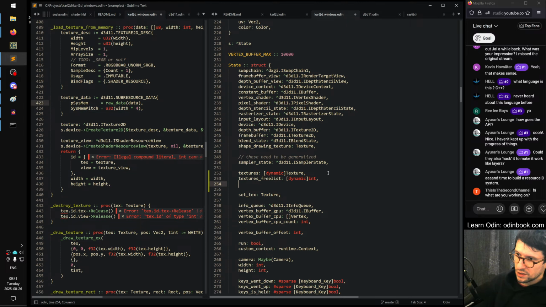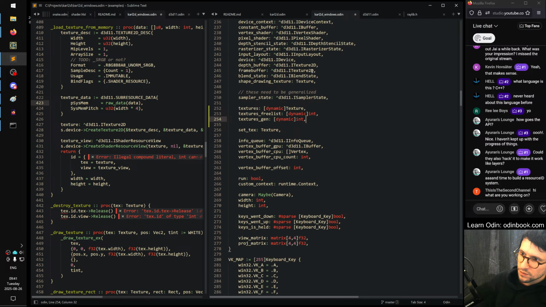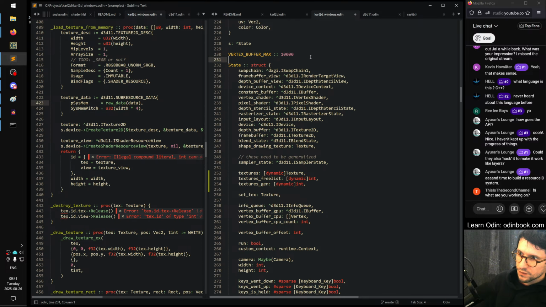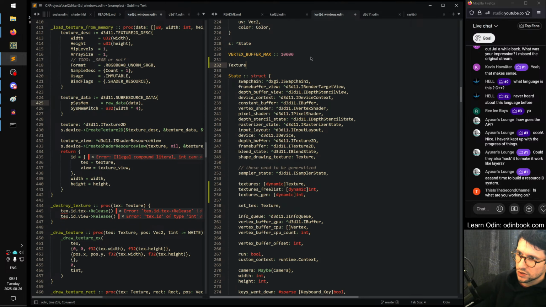And then textures gen is a dynamic array of integers or something. Right, and then our texture handle